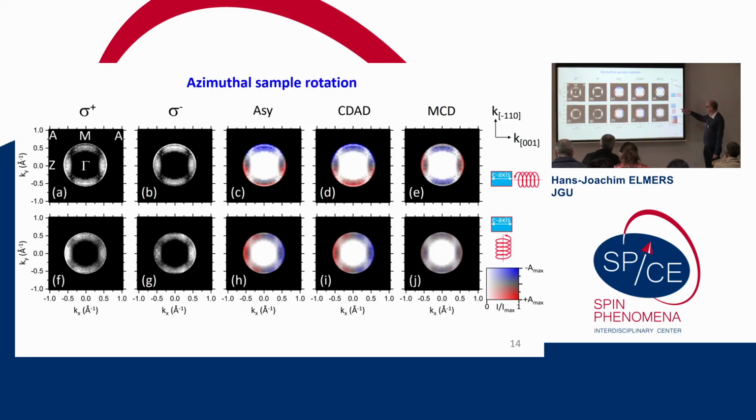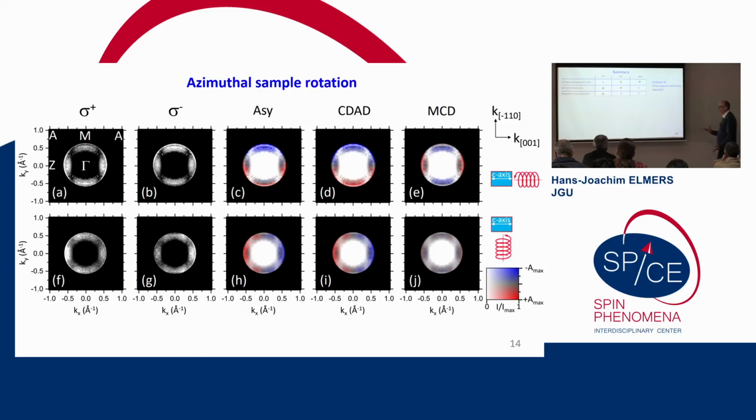As a test that this is not just, let's say, an artifact of our measurement, we repeated the experiment with the light now shining at 90 degrees here, so perpendicular to the magnetization direction of the sublattice magnetization, if you want. And in this case, you see that the magnetic circular dichroism component vanishes. So this is as we have expected.